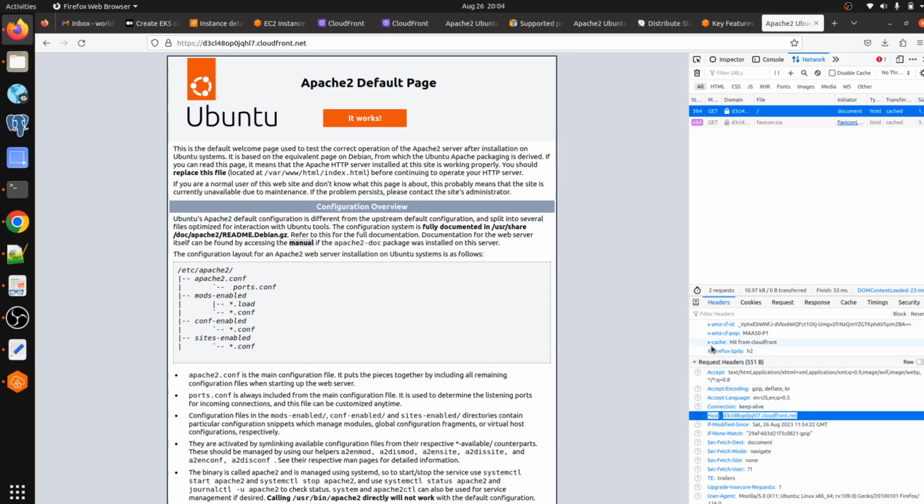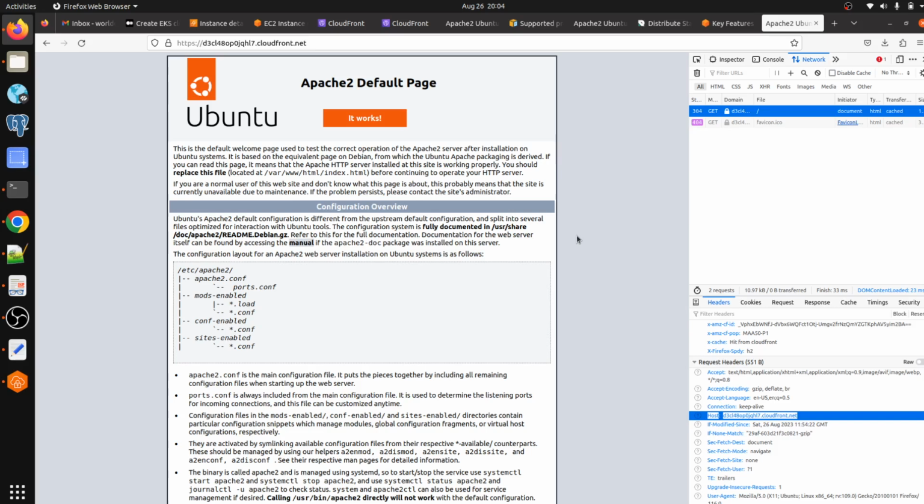Here we can see X-Cache: Hit from CloudFront. Okay, because when we tried to access this Apache web server application for the first time, it got redirected to the origin server first. But the content gets saved at the edge location as well.